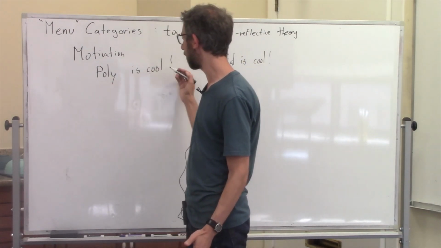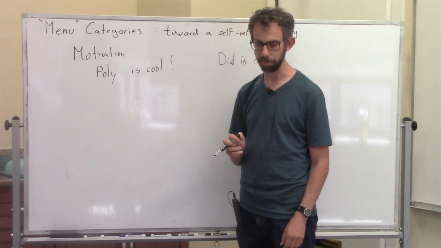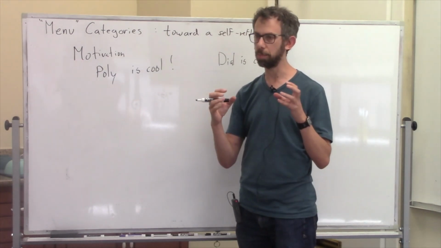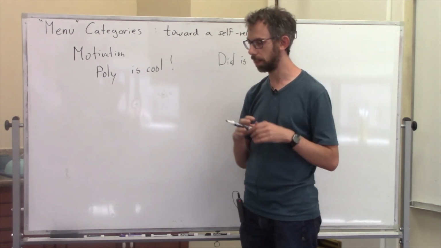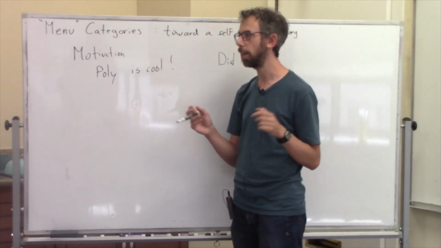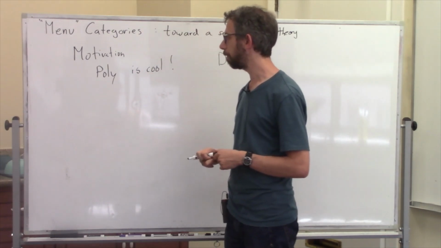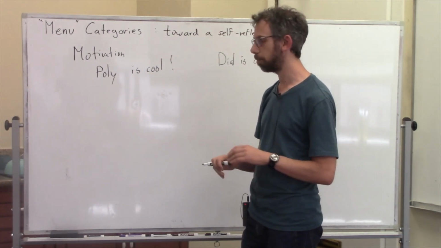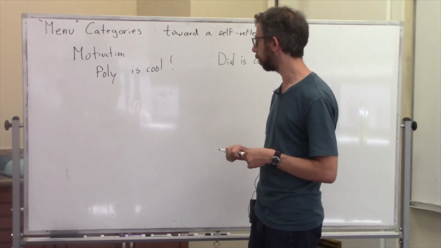So Poly is a category, and I came to it because I was interested in how dynamical systems interact, especially when they can come together and go away from each other. Sometimes they're in an interaction like we are now, and sometimes they're not. That's kind of how I came to Poly. But in fact, that motivation came from longer ago, which is like, how is it that we make sense of the world, etc.